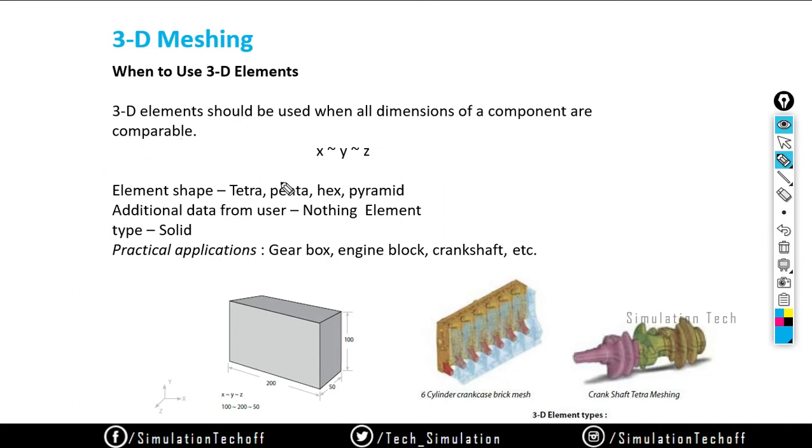Okay, and we also use penta, hexa and pyramid structures, or else prism. So these are all the basic configurations. We don't actually use penta and pyramid; we use them only rarely, but in most cases we use tetra and hexa elements. So which is the highest quality element? That is hex. Hex is the highest quality element, but it is a super complicated process to create a hex mesh on an irregular surface.